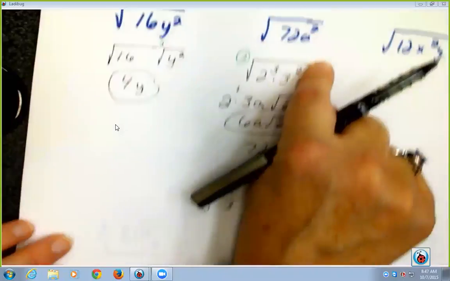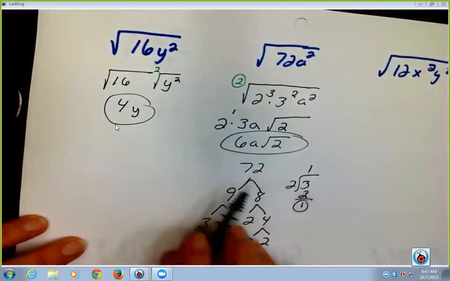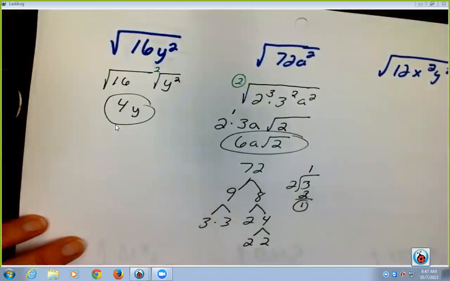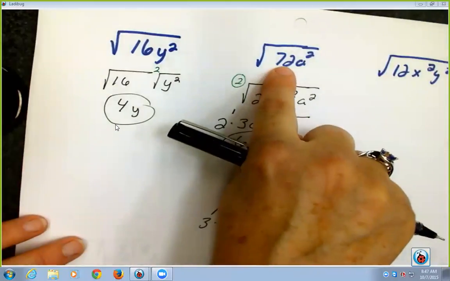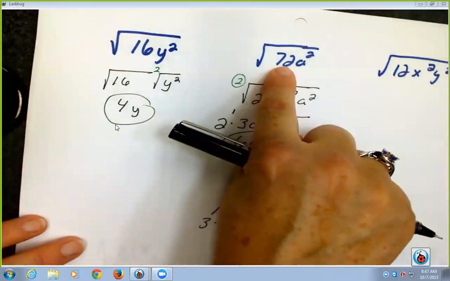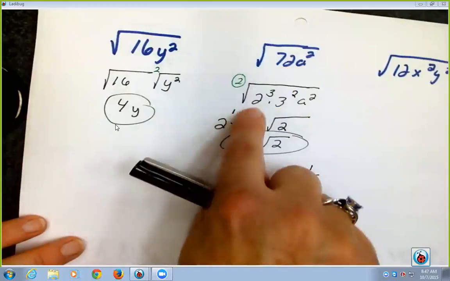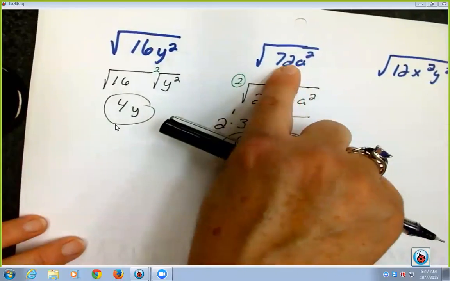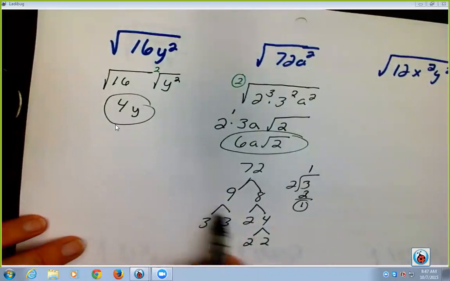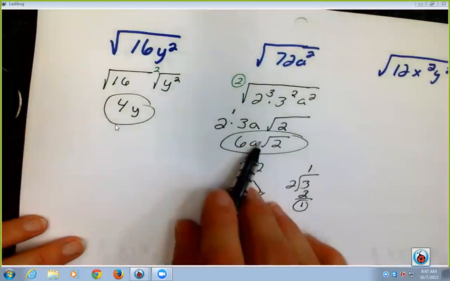So if you break your pieces apart, then you can end up seeing what comes out of it, what pieces stay under it, and what pieces remove. So I think it's a little easier. I would have had to look at 72 to get a perfect square out of it of 36. 36 times 2, it's hard to see that. But if I get my prime factorizations of these and break it down that way, I can start seeing